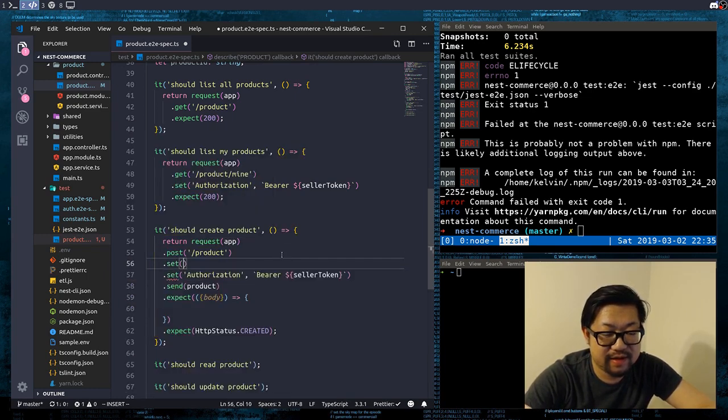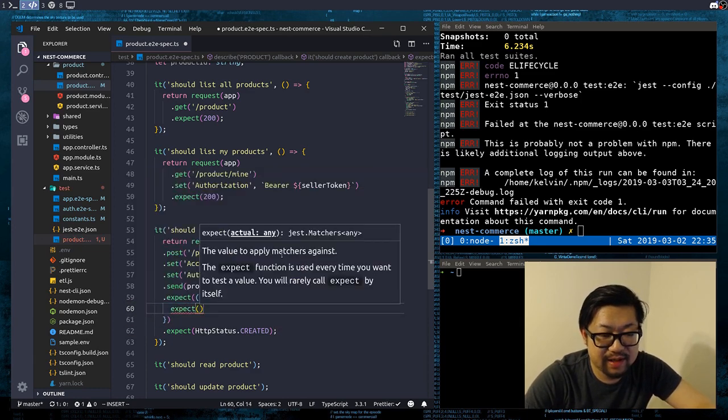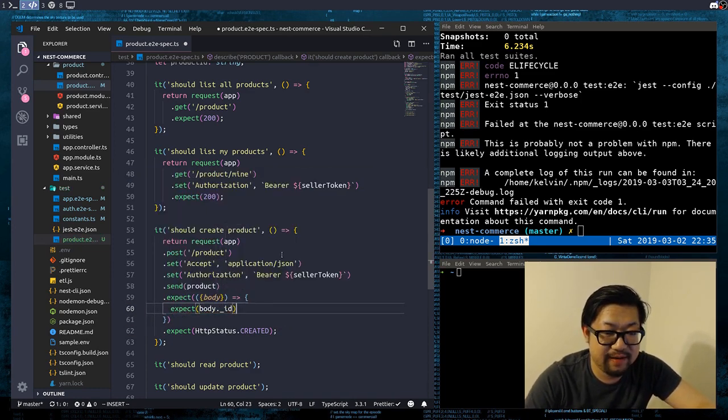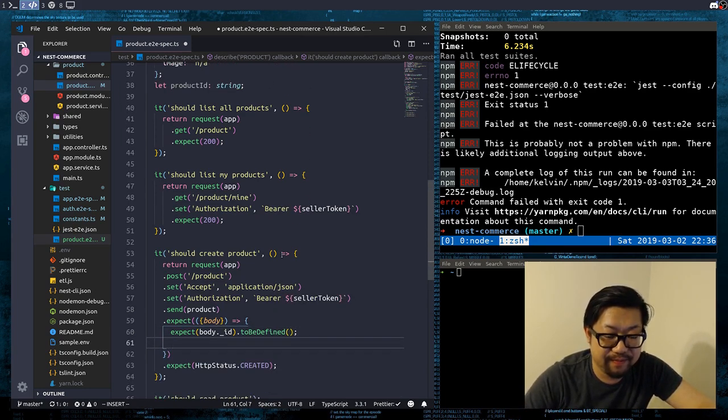And also let's set the accept to application JSON, so that we can send the JSON body correctly. And let's see. So first, let's expect that body has an ID, and this just has to be defined. And if it is, we will set the product ID to it. Product ID equals body._id,